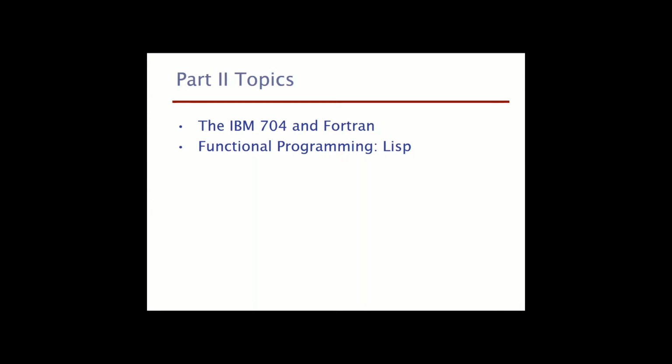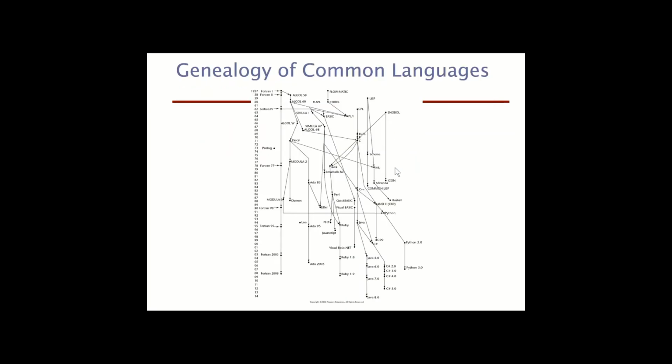We will discuss the other milestone in the development of programming languages. We will speak about the relationship between IBM 704 and Fortran, and we will explain Lisp as functional programming, which actually opened the way for many other developments. These two I would call, as many others would, the kickstart of real high-level programming languages. All right.